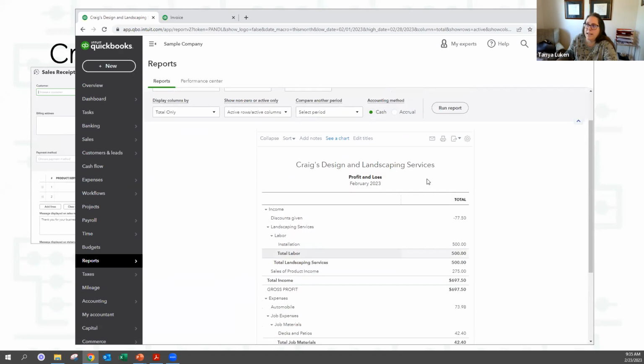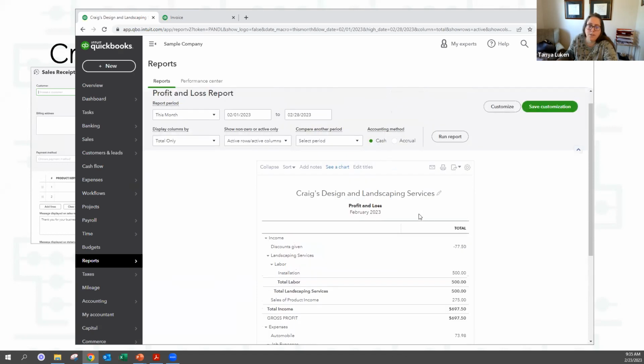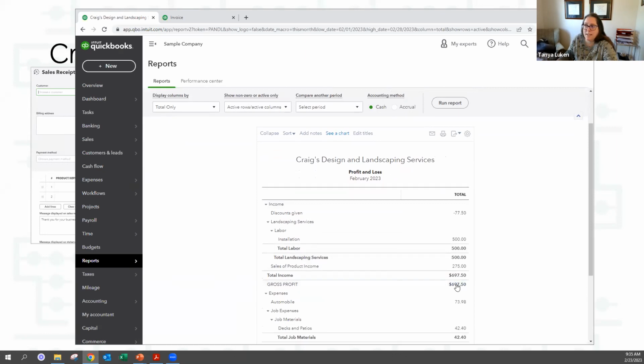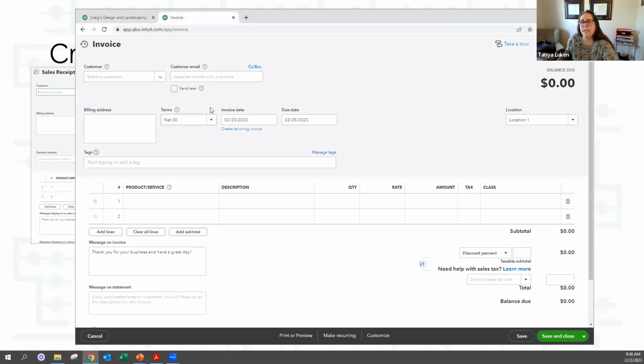Because I changed it to a cash basis, meaning show me how much cash I actually collected so far, it's only showing me the 697. The 697 is showing up because that was the sales receipt. So if you have the money right now and you need to record the revenue, it's a sales receipt. If you're going to get the money in the future, then you create an invoice and then you apply a payment to it. So let's finish that off.